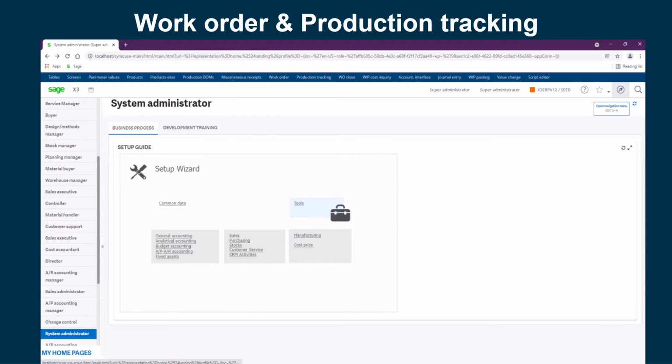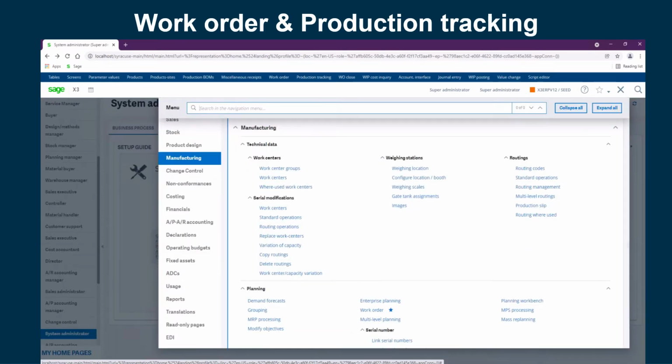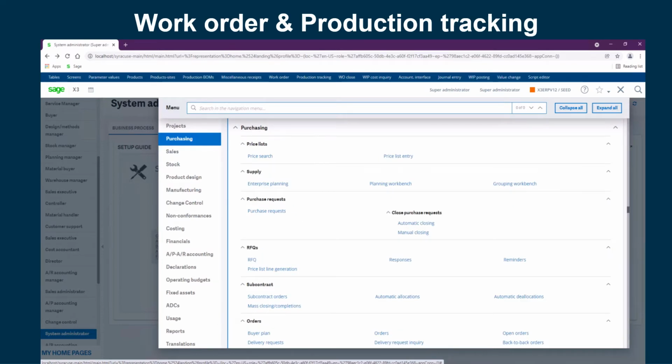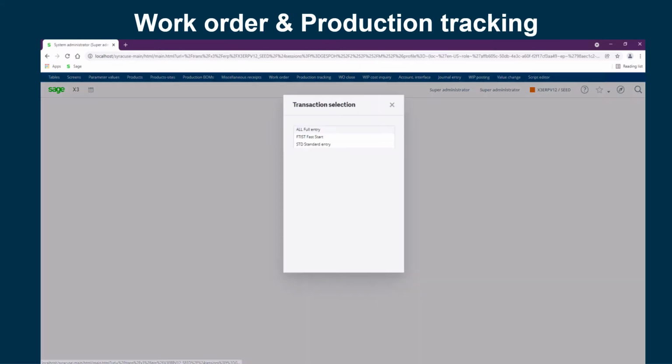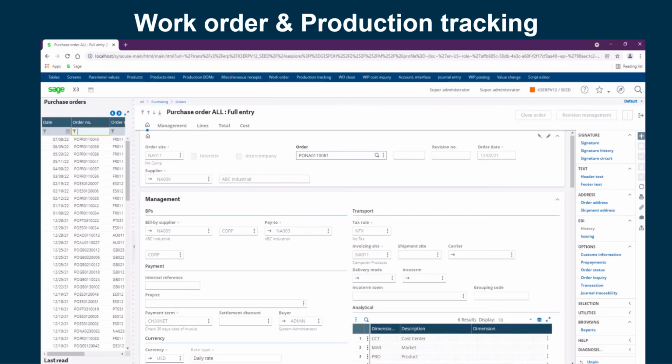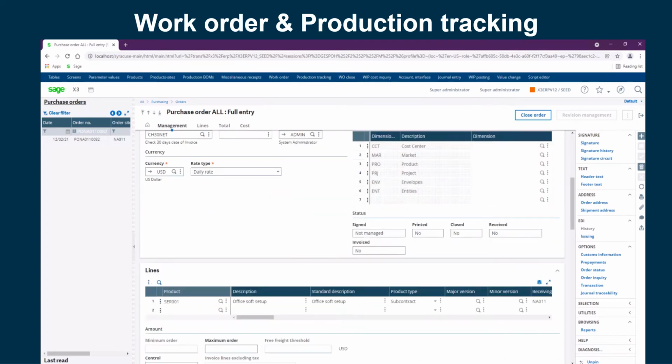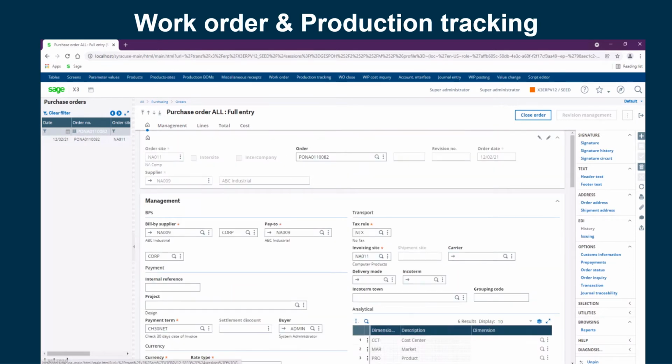go back to the navigation menu, click purchasing, orders. I just want to check the purchase order, make sure everything looks fine. So I'm going to paste this purchase order number here, select it. Here is the site, here is the supplier, here is the product, the service product, and the cost. Once that is done, I'm going to close out of here,